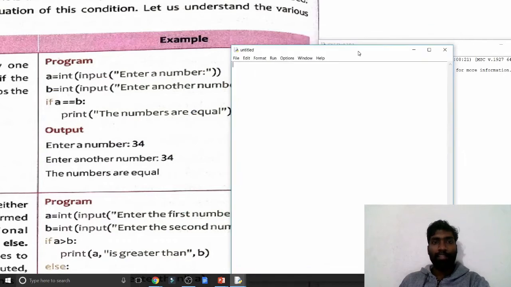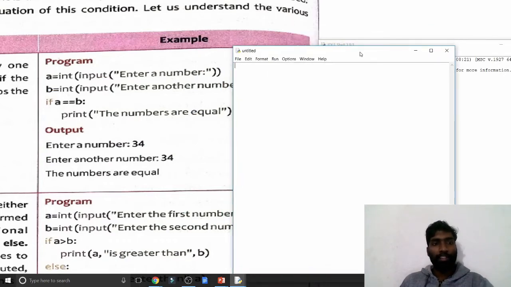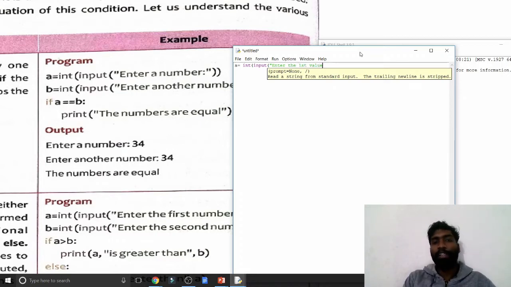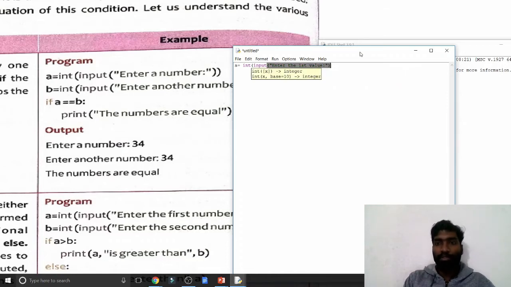Whatever they have written there, the same I am going to write here. a equal to int, input, enter the first value, close the comment.